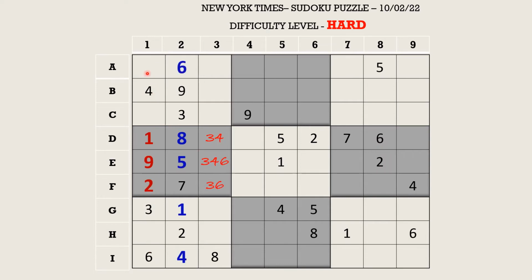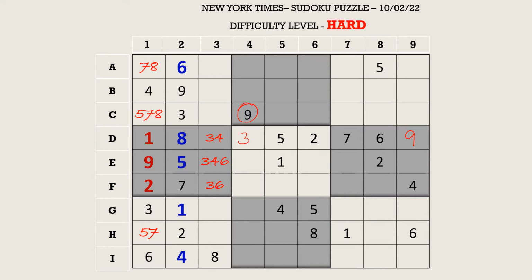Now the missing numbers in column 1 are 5, 8 and 7. There is a 5 blocking here. So A1 takes 7, 8, 5, 7, 8 can go here and there is an 8 here, so 5, 7 goes here. In D row, 9 blocks, so this 9 blocks this cell, so D9 takes 9 and 3, 4 pair goes